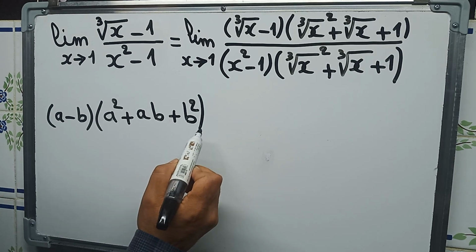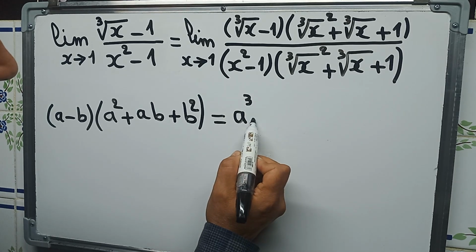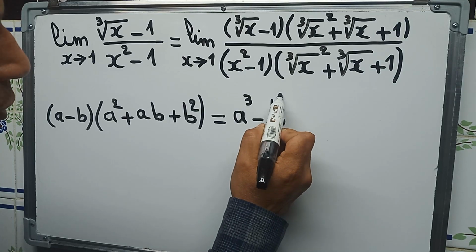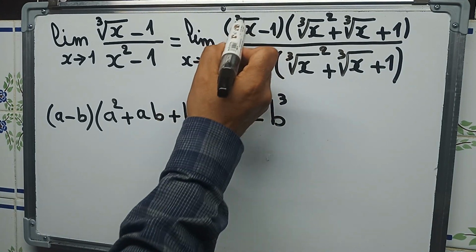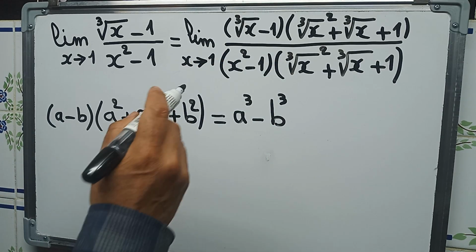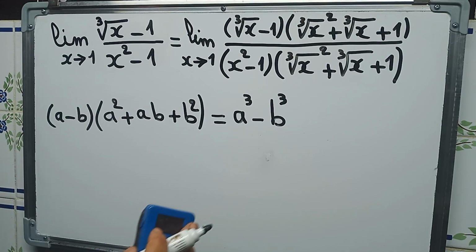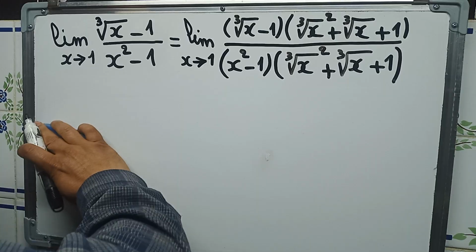This product is equal to a cubed minus b cubed. Here you see, with a equals cube root of x and b equals 1. So here, using this equality, our limit will be equal to,